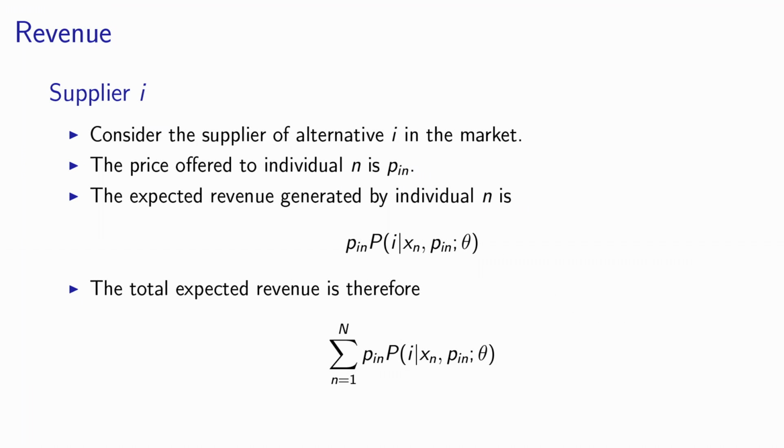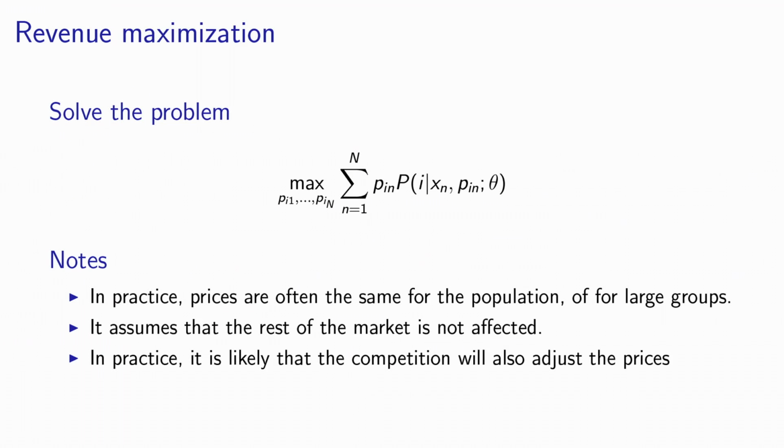So now it's easy to calculate the total expected revenue in the population, because we just have to sum this quantity over all people in the population. Of course, like before, if the population is too large, we can use sample enumeration, but the concept is exactly the same. Now, the supplier wants to maximize his or her revenues. So he has to select the list of prices that has to be proposed to each individual in the population, such that the total revenue, which is given by the formula that we have just calculated, is maximized.